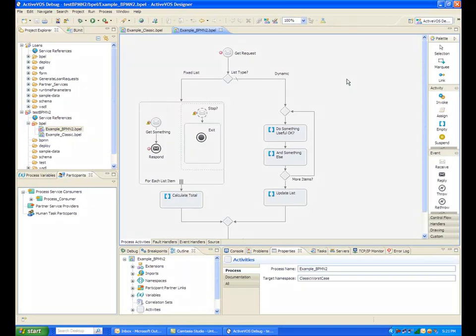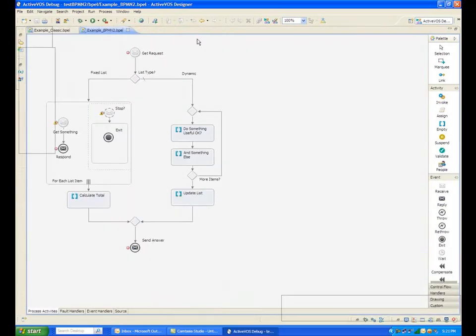This is a BPMN 2.0 canvas. I'm going to maximize this and look at just a simple abstract process. This is BPMN 2.0. It's pretty easy to understand. There's circles for things that are events, either receiving events or sending events, and rounded boxes for things that are activities. You can see in this example that mostly you can follow the control flow of the process by just